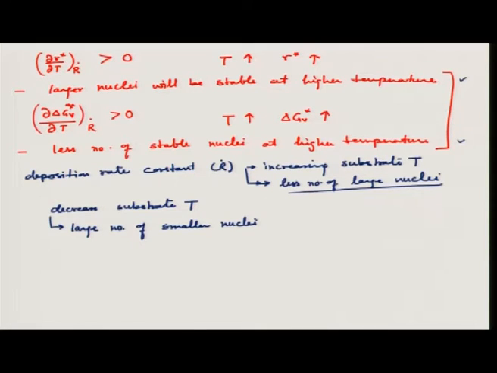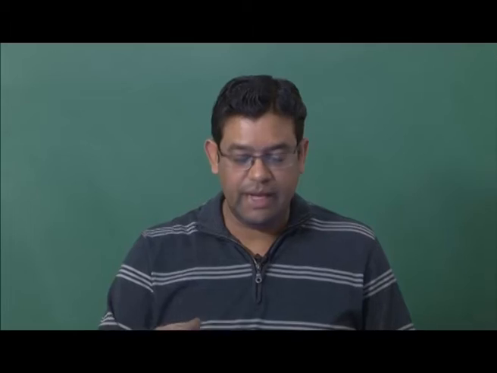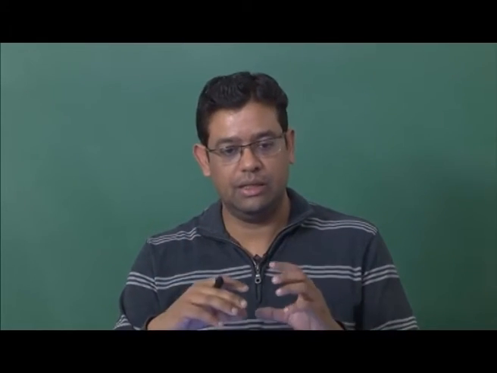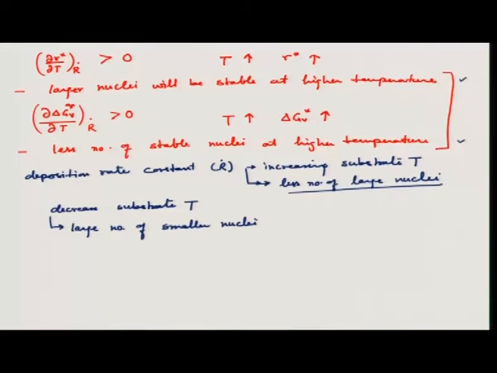So, you can distinguish between the two. Okay. Suppose each atom that joins these nuclei assumes the structure of that nucleus, then there will be a large variation in the structure, because you have a large number of smaller nuclei which will grow. In this case, you have fewer nuclei which will grow. Okay. So, there is a difference between the morphologies. Okay. Now, let us discuss the other part also.